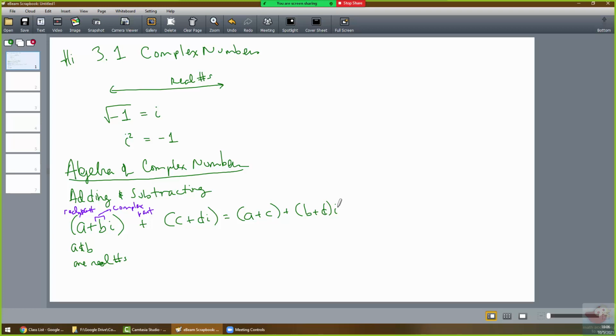In other words, you just combine like terms. So for example, if you had 5 plus 3i plus negative 7 plus 2i,